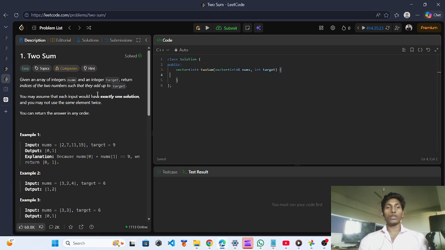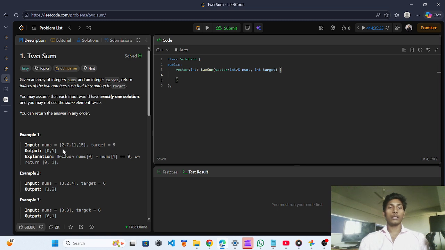It means the question wants to say that we have been given an array of integers, nums, and a target number, 9. So we will find which indices added give our target number.